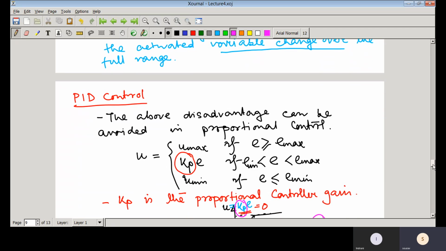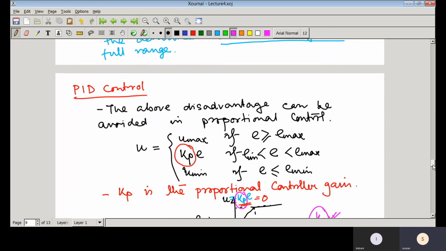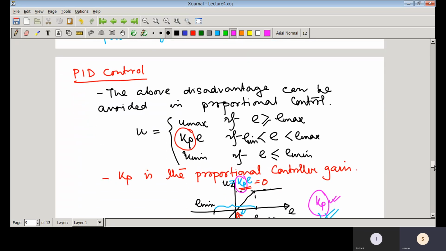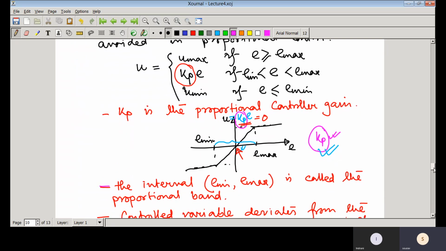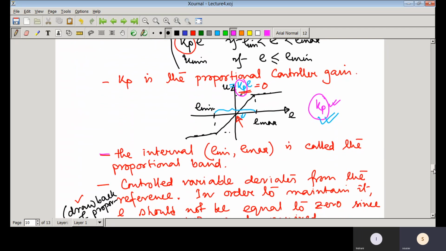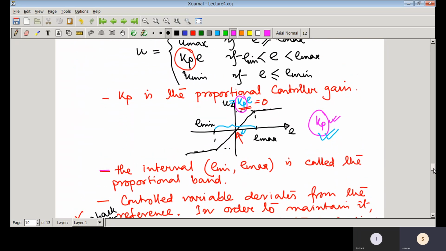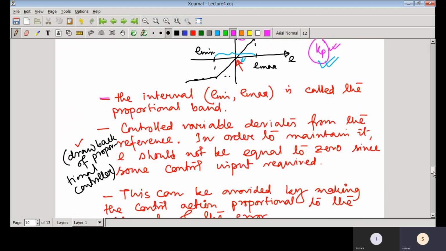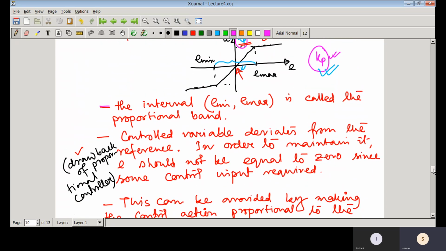Now in PID control, we have separately discussed the proportional controller, the derivative controller and the integral controller. And if we use them in various combinations like PI, PD, PID, you may ask if we can just use the I controller, but you see there you have to use some gain, otherwise you cannot achieve the performance as well as stability.